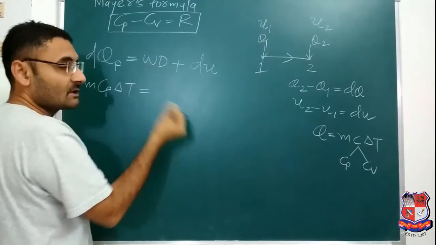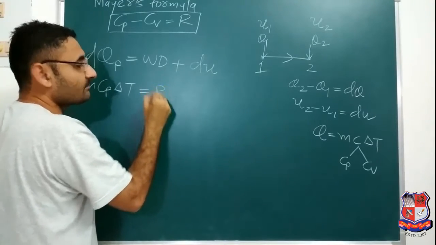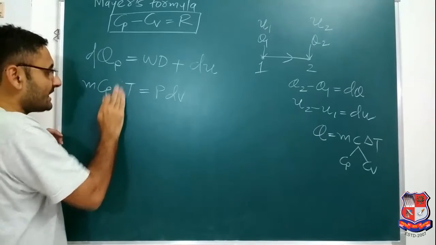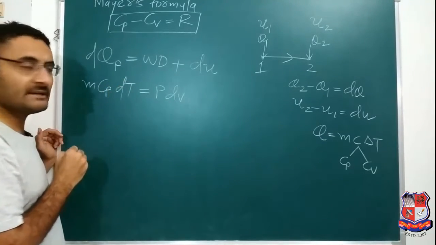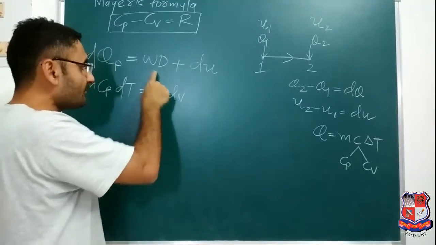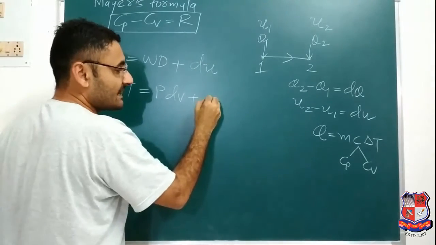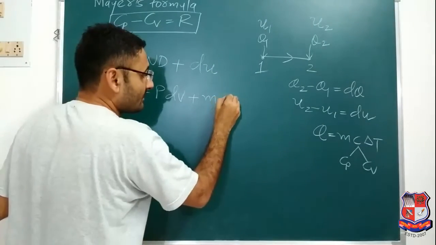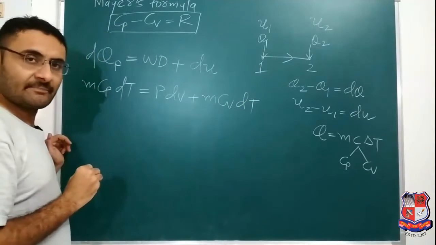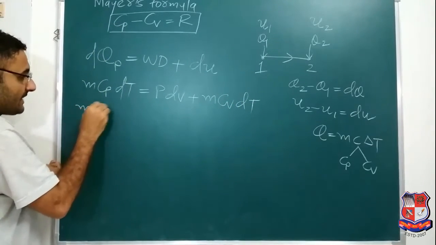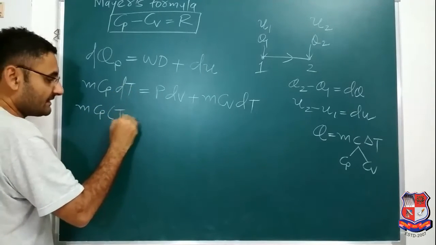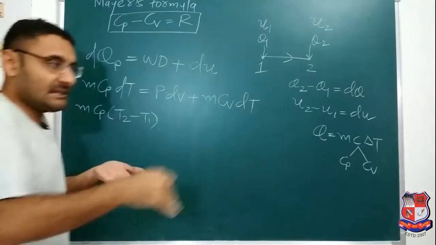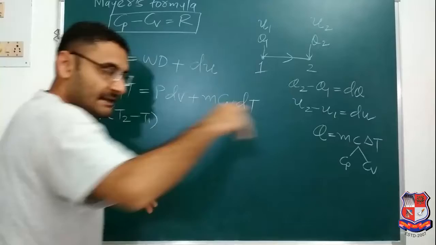After that, work done. Now you know very well that work done by any process is PdV or P delta V. Anything you can write over here instead of delta T, like dT, that also you can represent as mCp delta T. Over here, PdV is the work done by the process, plus the change in internal energy, which as you know is neither heat nor work but one type of stored energy. So it will be mCv dT or delta T. After that I will write mCp. Now delta T means final temperature minus initial temperature, because you are increasing the temperature, so the final temperature is higher than the initial.